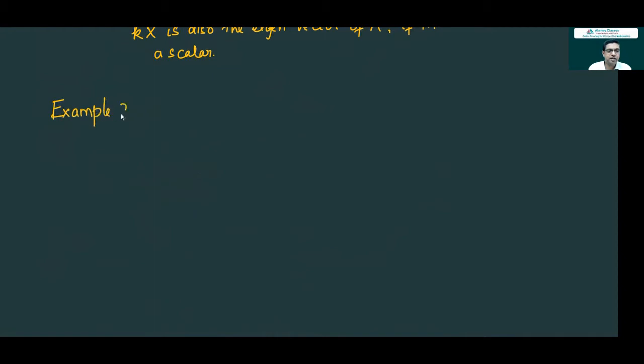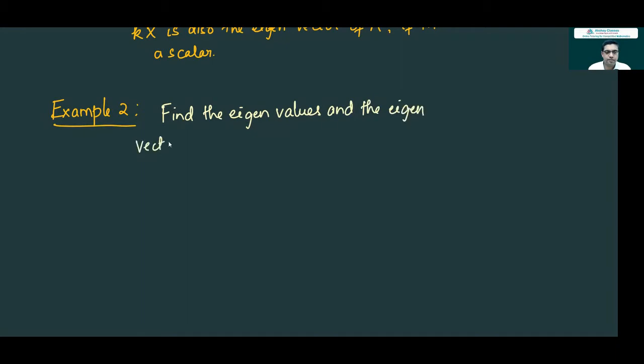Now we'll take a 3 by 3 matrix. Find the eigenvalues and the eigenvectors for the matrix